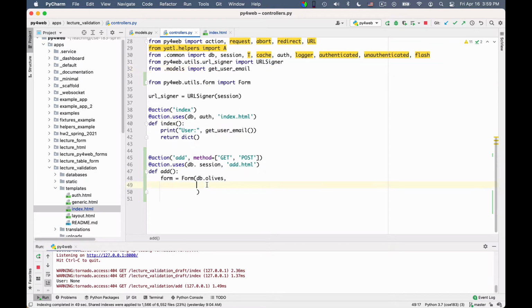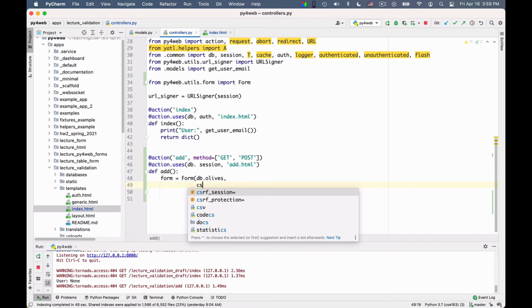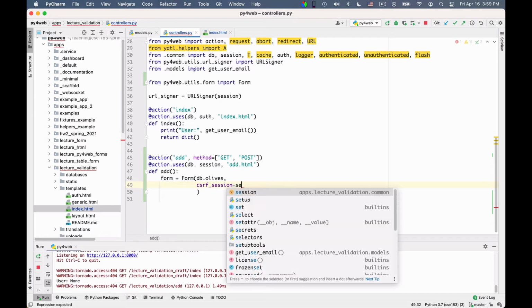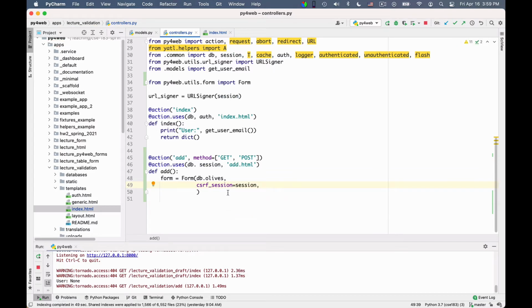So coming back to the task, I'm creating this form. So I'm gonna say csrf_session is equal to session. This essentially includes the secret key for security in the forms, as we discussed.